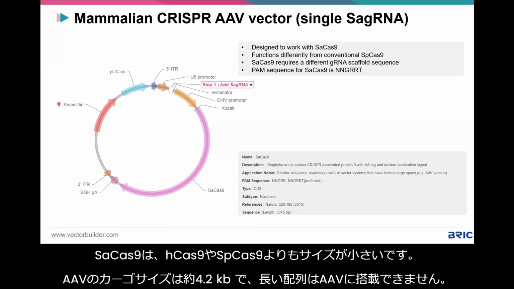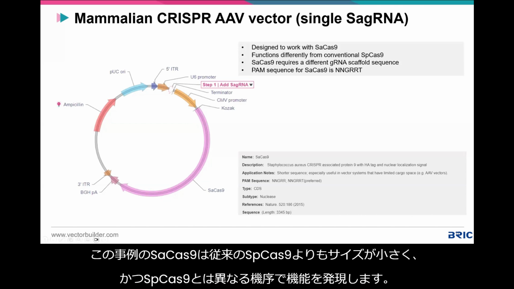SaCas9 is much smaller in size. That's because AAV has a cargo capacity of about 4.2 kb. It cannot carry huge things within it. So in this case, the Cas9 is smaller and it functions differently from the conventional SpCas9